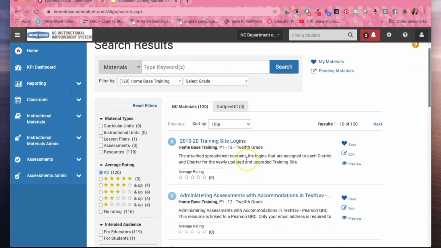And the one thing you'll notice is the first one is the training site logins. So we do have a training site for Schoolnet. So if you ever just want to go in and play around, you can definitely do that without having to worry about creating a test or scheduling something for the wrong class or something like that. We do have a training site, as well as if you want to show maybe your administrators or another group of teachers about it, and you don't want to show your own data, you can use the training site to model anything that's in Schoolnet. All right,